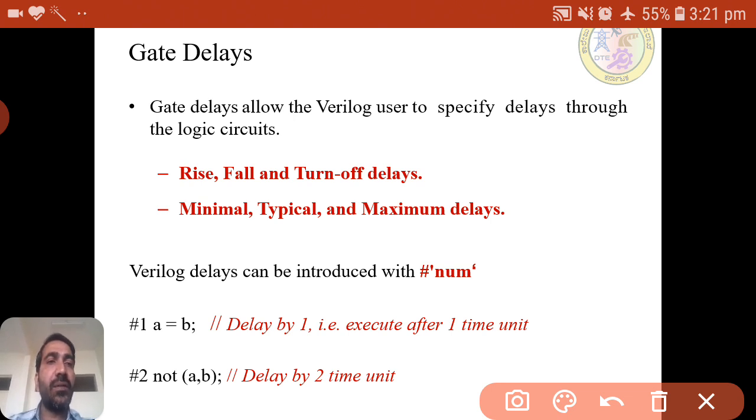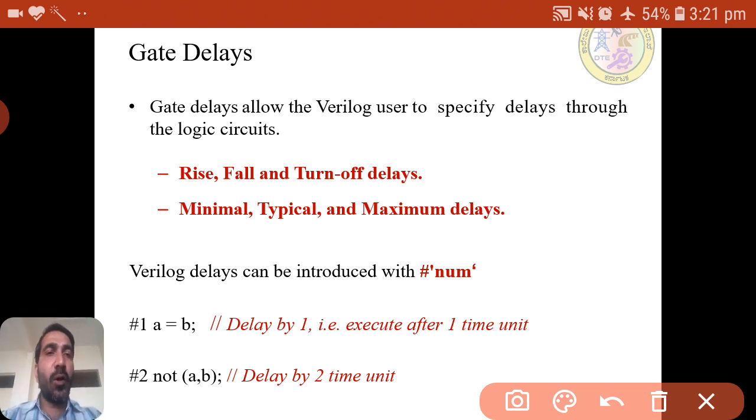But before going to use them and see the effect, first we need to see how many different types of delays there are and how they are used. There are three types of delays: rise, fall and turn off. In each one we can specify minimum, typical and maximum.